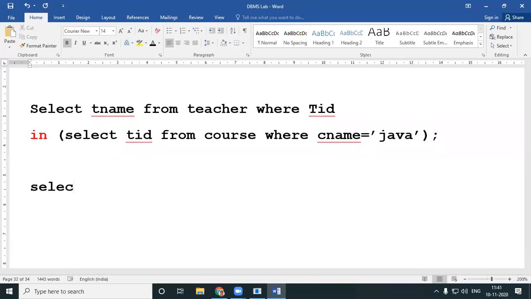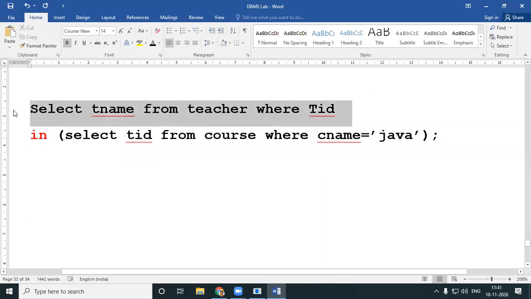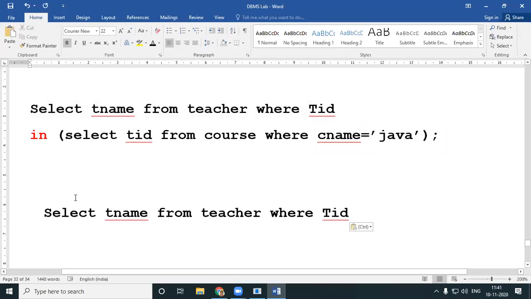So what do you want? You want the teacher name. Select T name from teacher where TID in. Just a minute, my font is going wrong. Hope it is visible, even though it is not in bold.